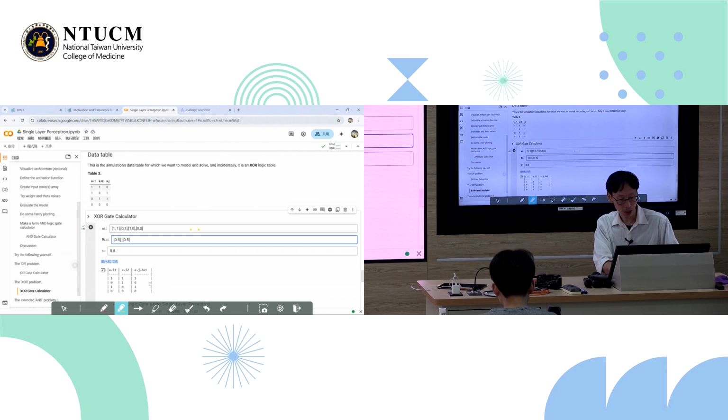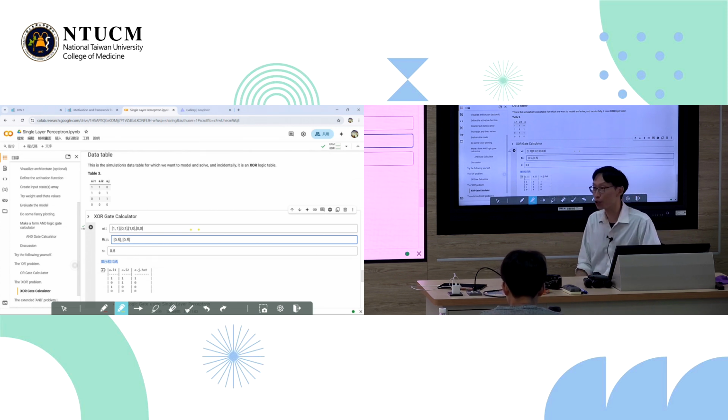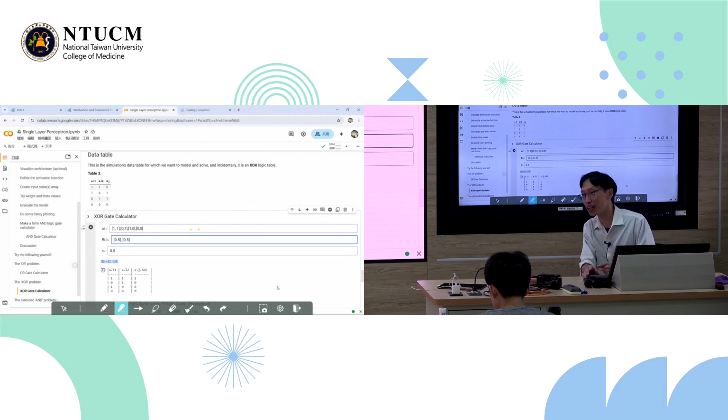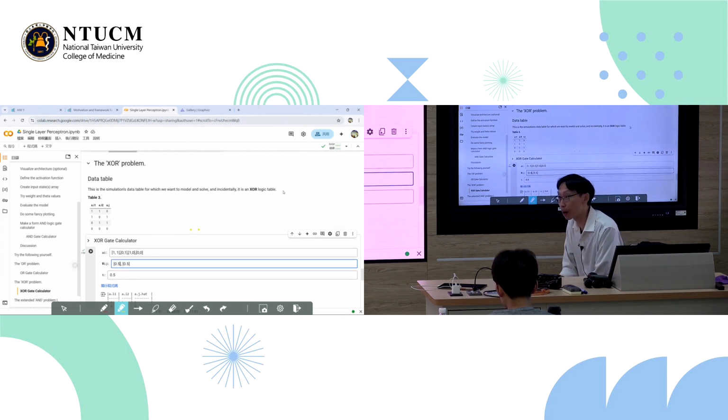I'm making it more stringent, so I don't want to make it go higher, I actually want to make it go lower, right? So I'm going to try it. 7, does it work? Nope. 6.6, does it work? 0.5. Does it work? No, it became an AND gate again. So no matter what, you can go and try it, I can guarantee it's not going to work. You cannot make an AND or an OR gate, in the single layer perceptron, solve the XOR logic table problem.